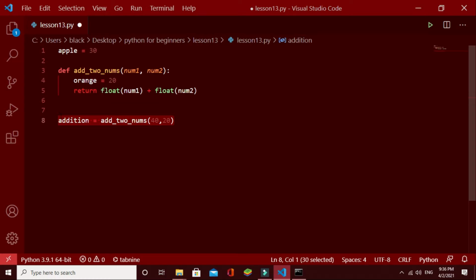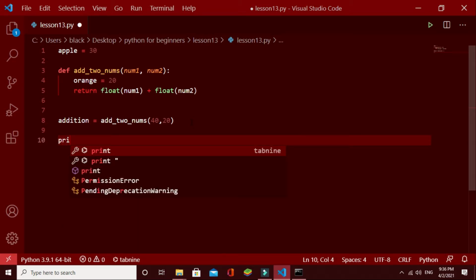This line means this function runs. Otherwise, this orange won't work, because this is a local variable. So anyway, we have to run the function first to get an output.